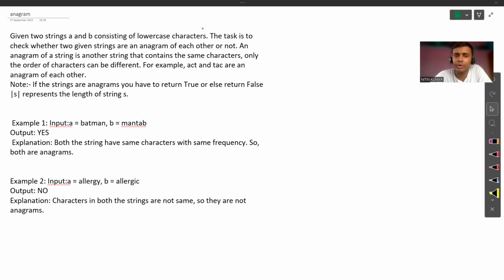Now in the note, what is written is, if the strings are anagrams, you have to return true, else return false. Okay. Now, some examples are given. So first understand what an anagram is. We call two strings anagrams of one another if the characters